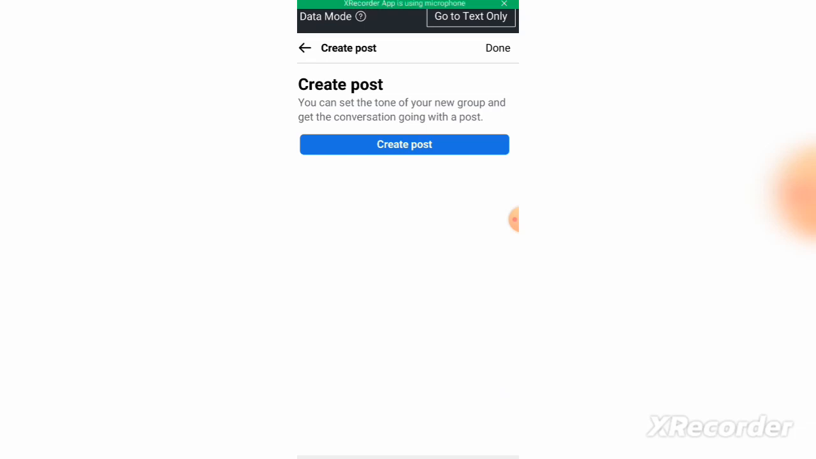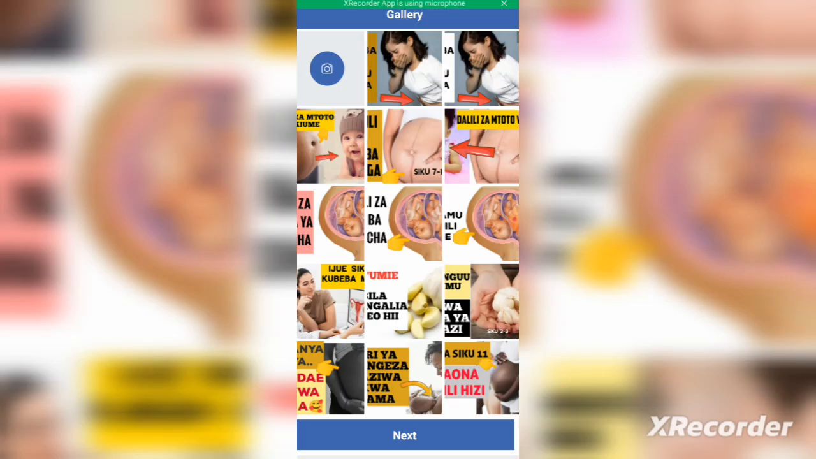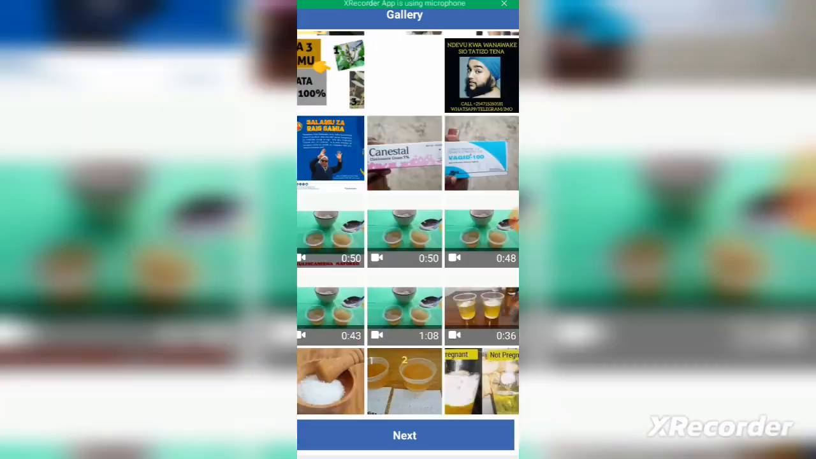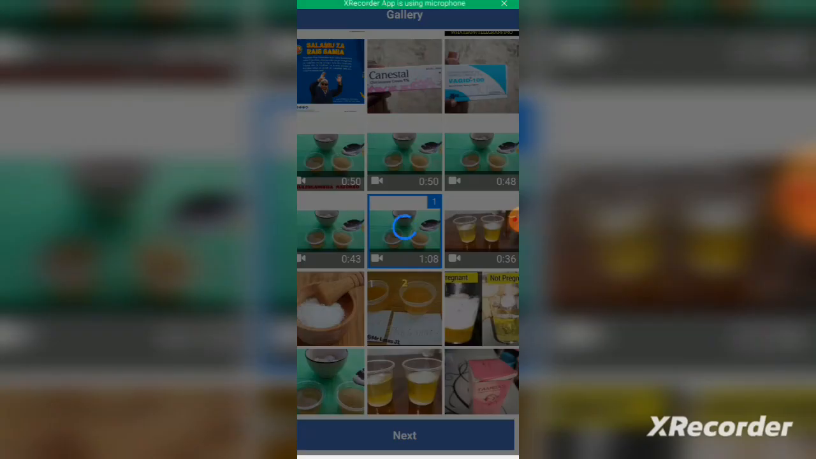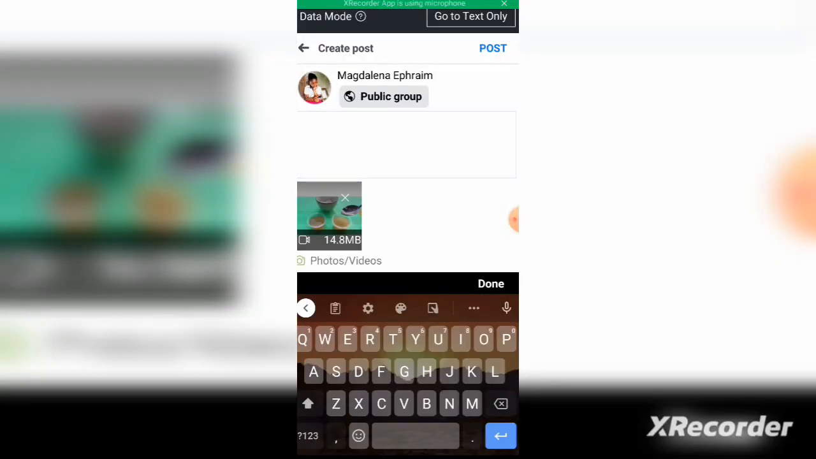Now, the next step, you have to create a post, a first post. Now we create a post. Yes, we add a picture. For example, this. Yes, you can add a picture and write anything. For example,